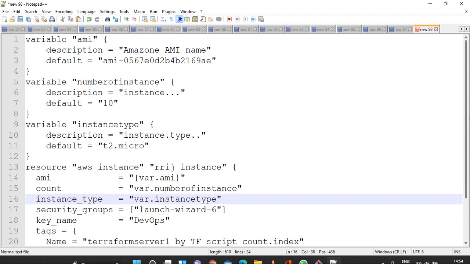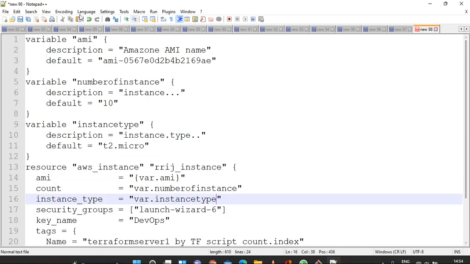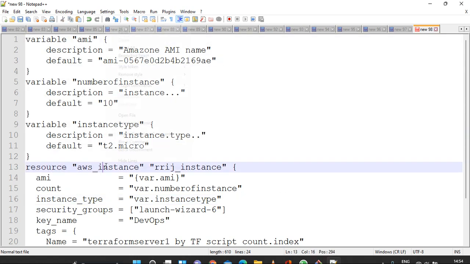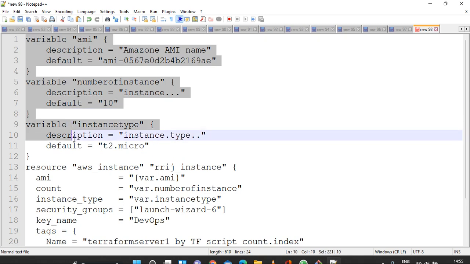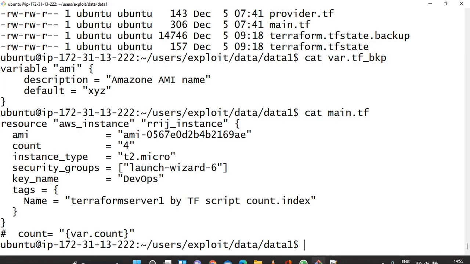So guys, that's it. Let me copy. This one I have to put in the variable file.